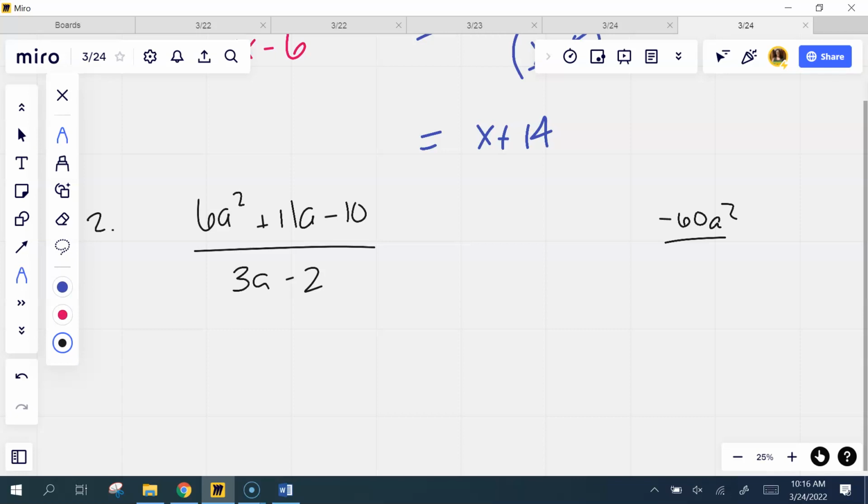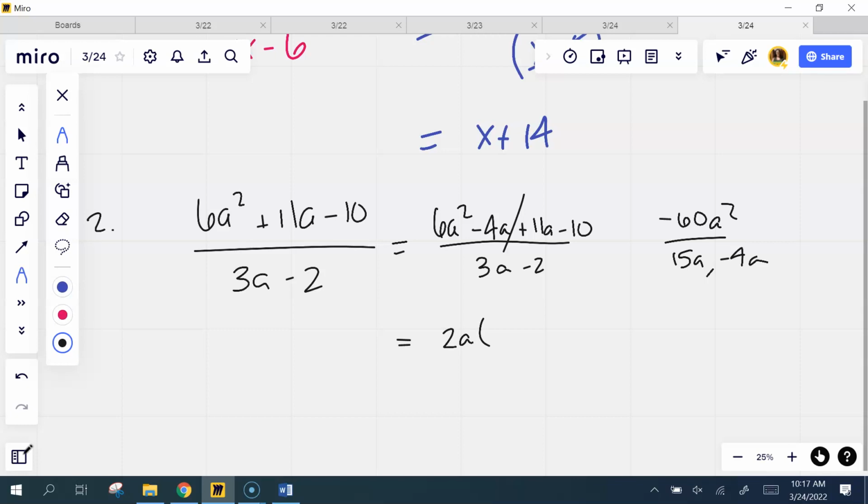15 and 4. I had to think about that one for a second. 15a and negative 4a. I'm going to write the negative first, as we usually do. What can you take out of the first two? 2a, and it leaves me with a what? No, that doesn't work. Oh, this is supposed to be 15. Sorry. Yeah. 3a